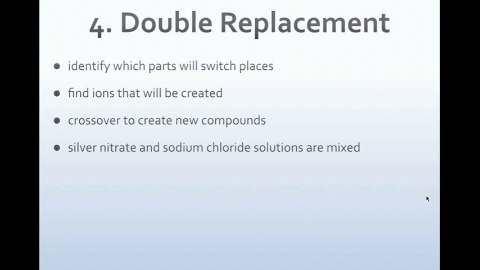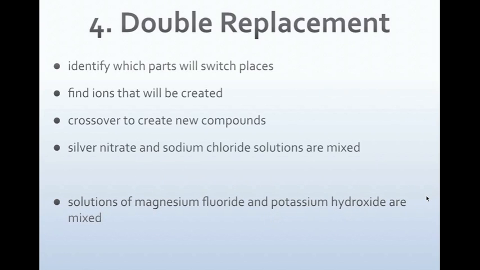In our next example, we have a solution of magnesium fluoride and potassium hydroxide mixed together. So again, we have to crisscross to make our reactants. We have magnesium and fluorine, and those are going to crisscross. Magnesium is +2, fluorine is -1. Then we have potassium, which is +1, and hydroxide, which is a polyatomic ion with a -1 charge. Now we crisscross magnesium and fluoride, and we get